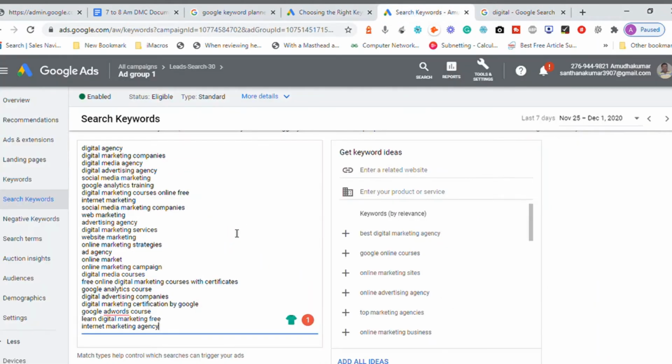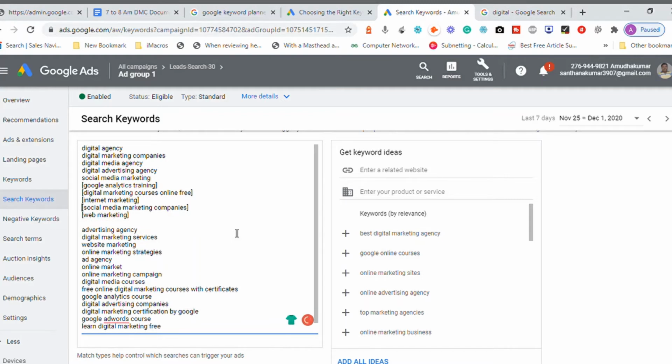Once you go to your Google ad group, whenever you define a keyword, right now it is in broad matching. What I'm going to do is leave the top 5 keywords as broad match, 1 2 3 4 5, and the sixth one and the tenth one I'm going to make exact matching. So I'm defining a keyword exactly. When you define a keyword exactly, you don't need to worry about getting irrelevant visitors, because only the keywords you target will show your advertisement. So these are all exact matching.